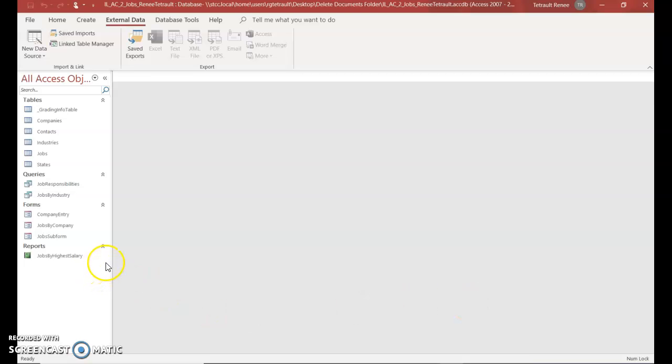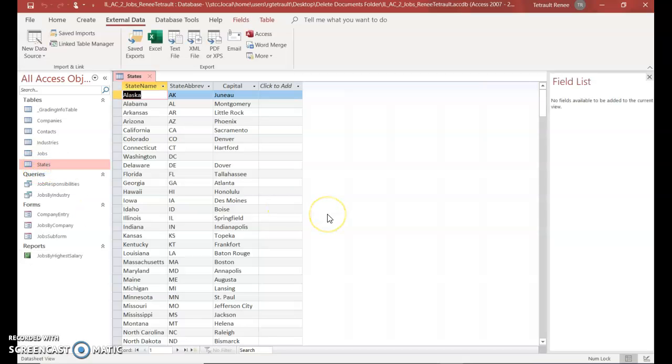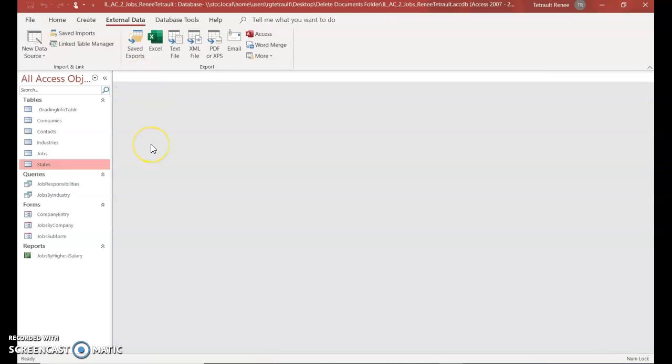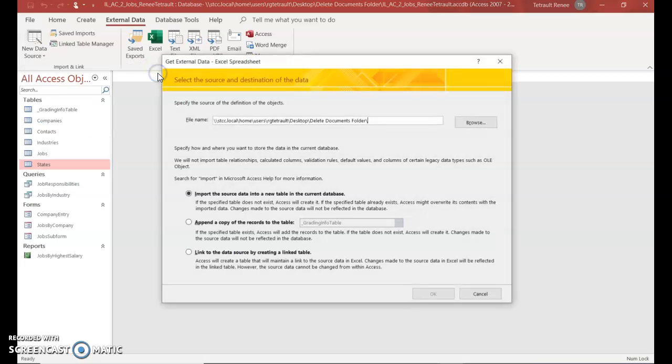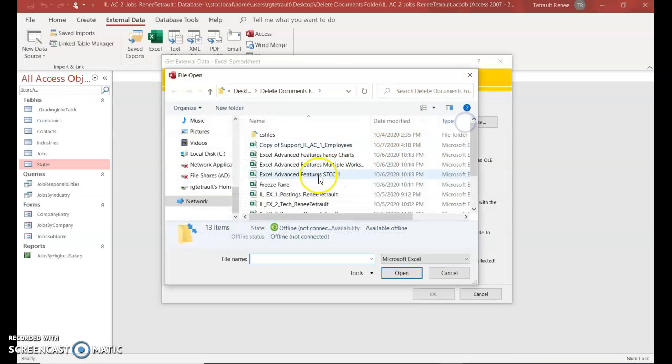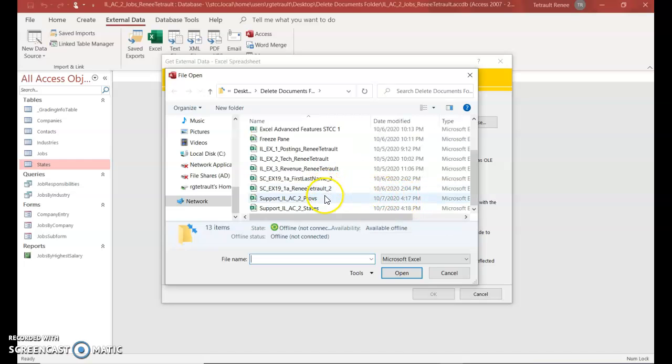And then you just added it here, as states. And there they are. I'll just right click and close. So now we'll get the other one. So go back up to the top. You should be still in External Data, New Data Source, From File, Excel. Again, go to Browse to where you have them, and this one should be the probs, so Support ILAC2 probs,